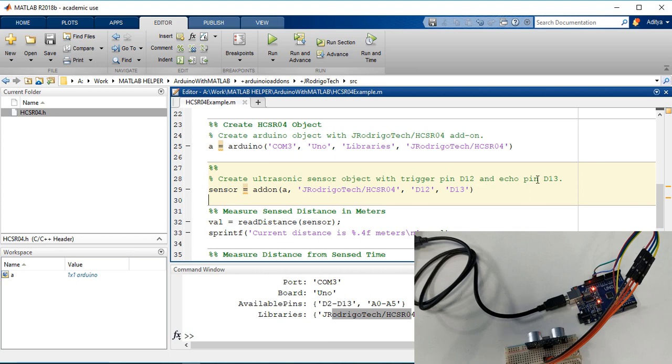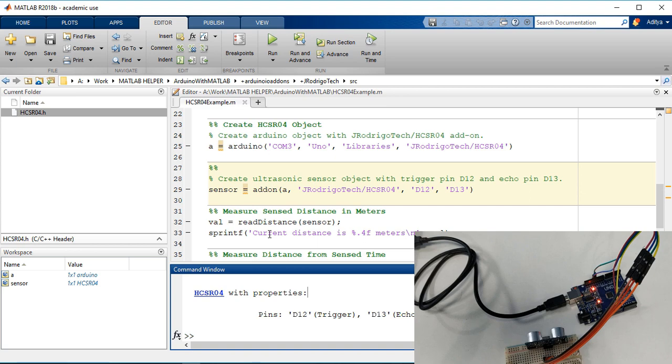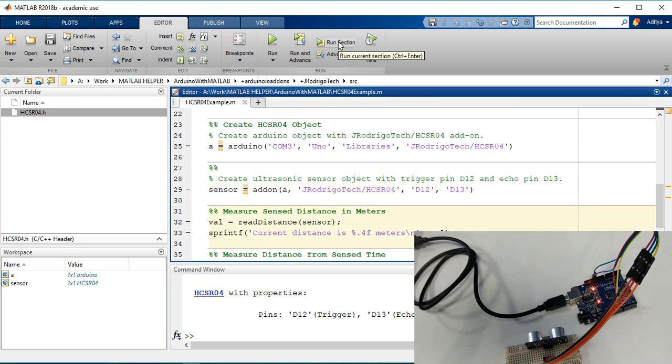So let's run this section now, and we are assigning the value to the variable sensor. So this section is also executed successfully. Now let us run the next section, which is to measure sensed distance in meters.